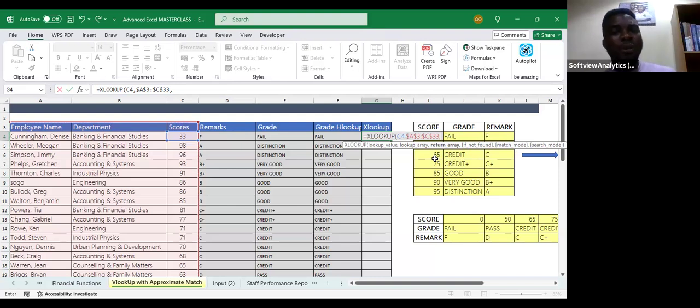What I want to get, that's what I want to return. What I want the Excel to return. Where is the column? That is the return array, right? And because I'm actually looking for the employee that owns this score, I'm looking for the employee that owns this score, right? It means that my lookup array would be